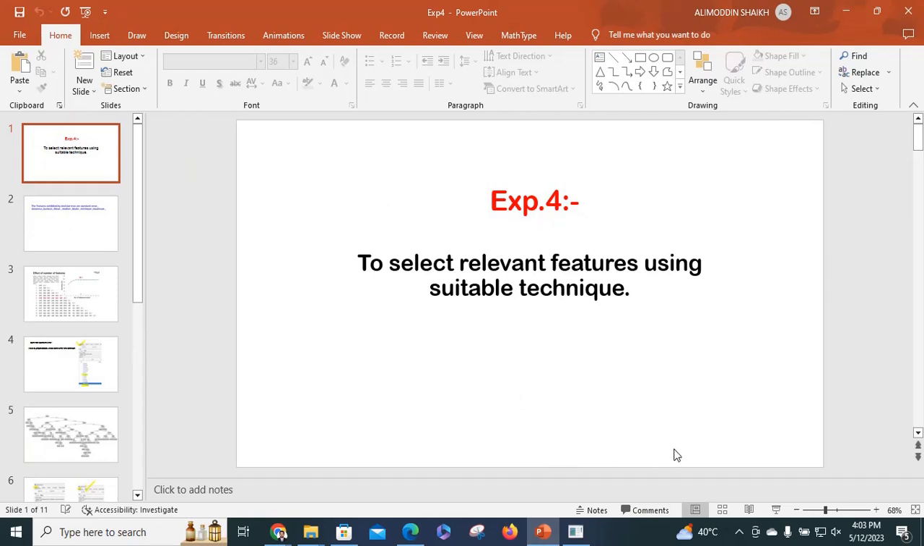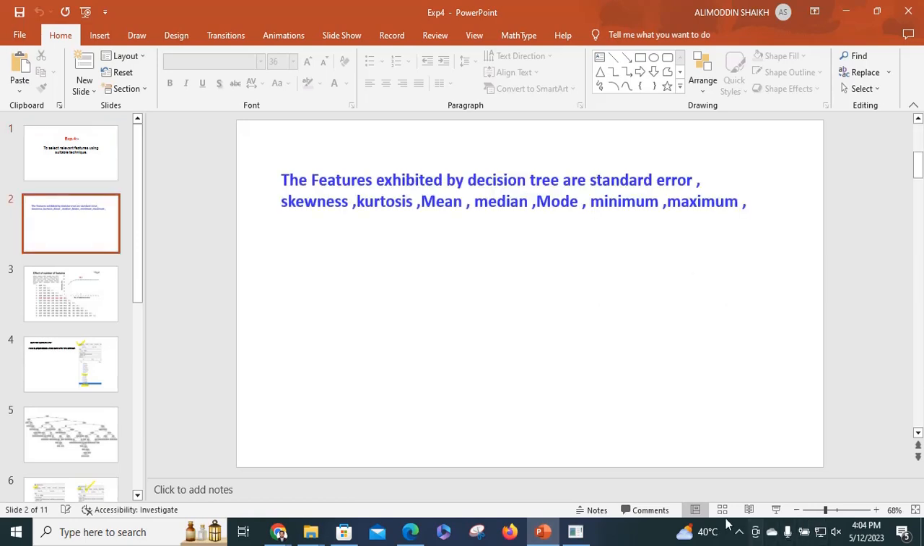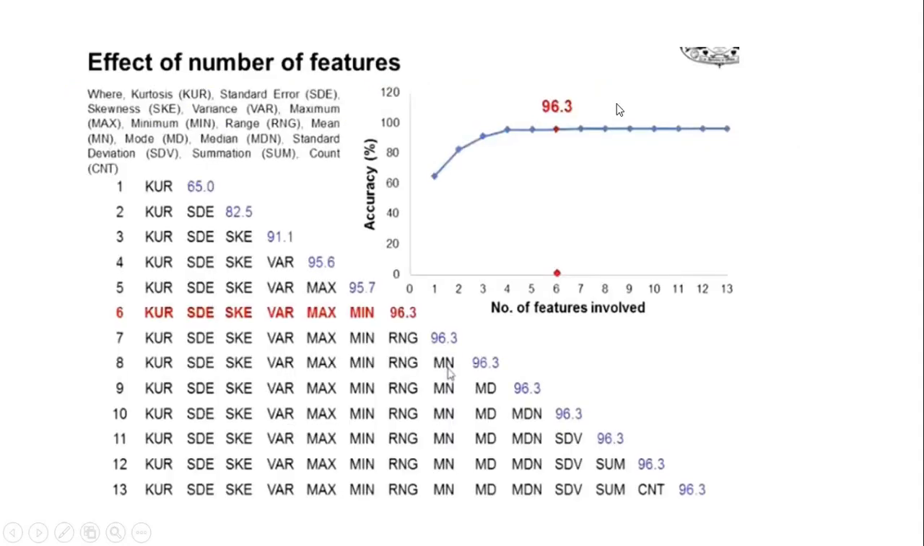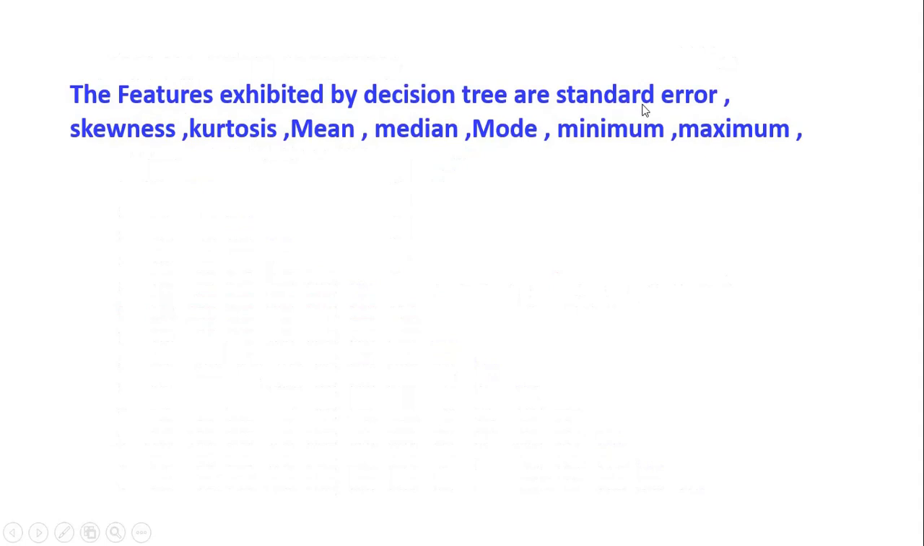Now, our next task is to complete experiment number 4. Here we have to select the relevant features using suitable techniques. We have already seen that there were 15 features in total, but when we use the analysis here, we will get out of those 15 features only this many features used for the